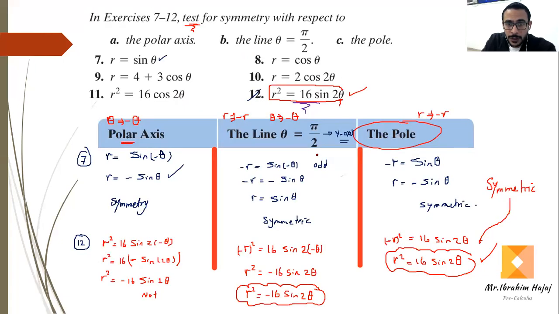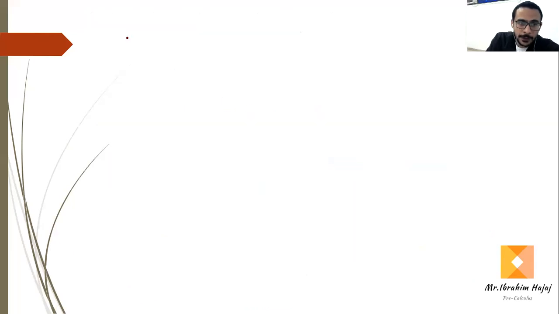Mister, can you solve question 9? Question 9. Yes, r equals 4 plus 3 cosine theta. To test for symmetry here,